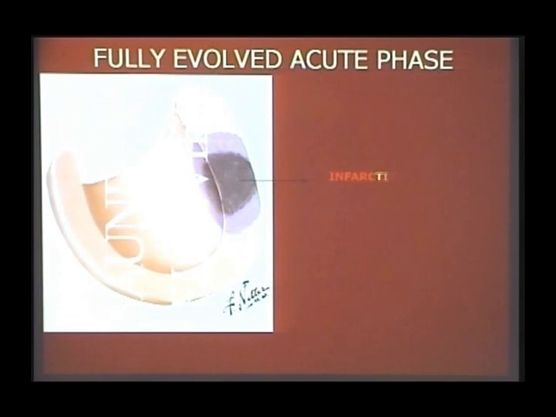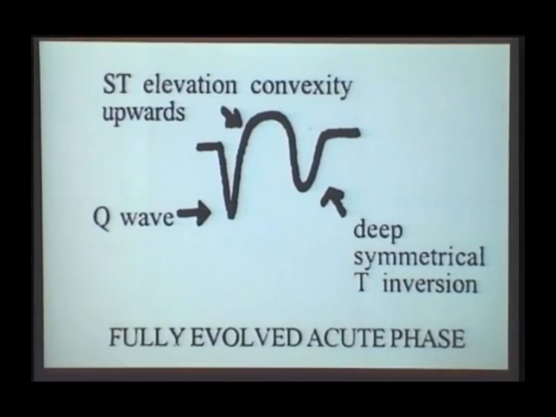So what are the manifestations? The central area of necrosis will produce what? Pathological Q wave. The surrounding area of injury will produce what? Continue to produce injury ST elevation. The peripheral area of ischemia will produce what? The T wave inversion. So net result, the patient will have a pathological Q wave, ST segment elevation, and the